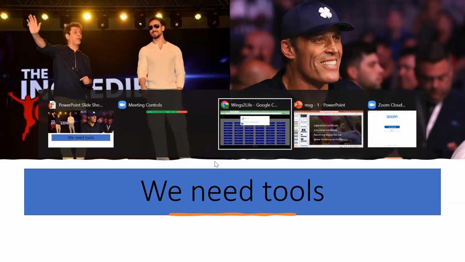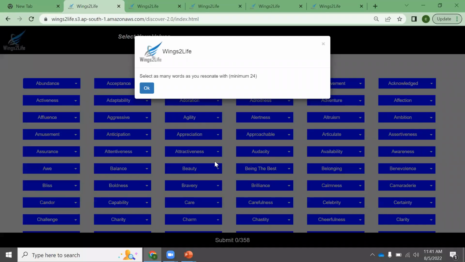So here we go, let's look at the demo. This is one tool that they developed, which requires the clients to identify their core values, because core values are the ones which define how people are going to lead their life. As you can see on the screen, there are more than 350 values to choose from, and we need to select just 6 of them. Because it's a large number to select, we need a phased approach.